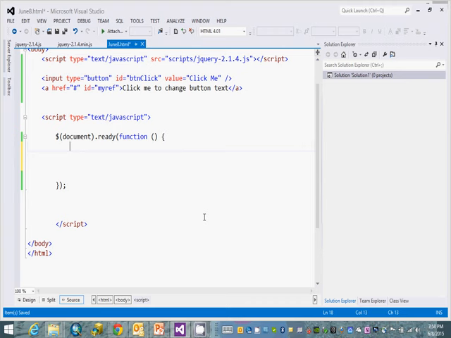So to review now, anything within this block will not run until the page is ready for it to run. jQuery will determine that the page is ready. It'll determine that all the objects referenced within there have been loaded and are ready to accept an action. So like the slides,